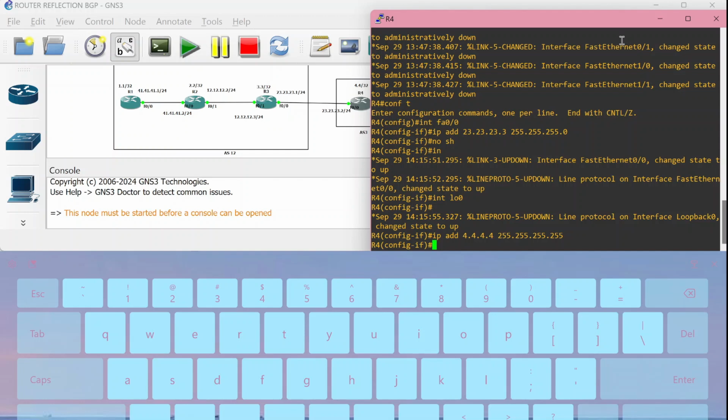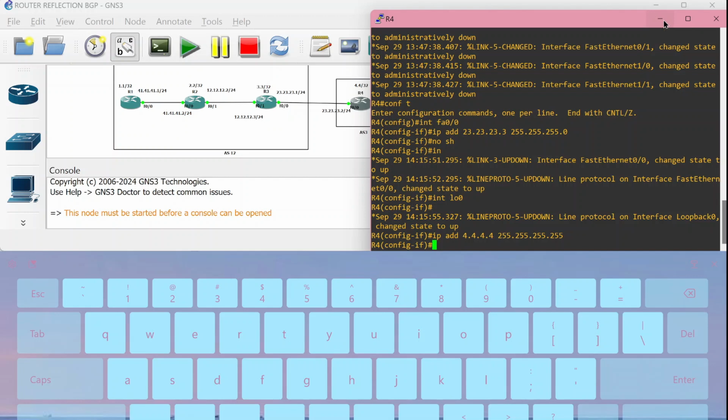Here I want to configure again, for the BGP. The title is BGP route reflector. So now I want to configure the BGP part.